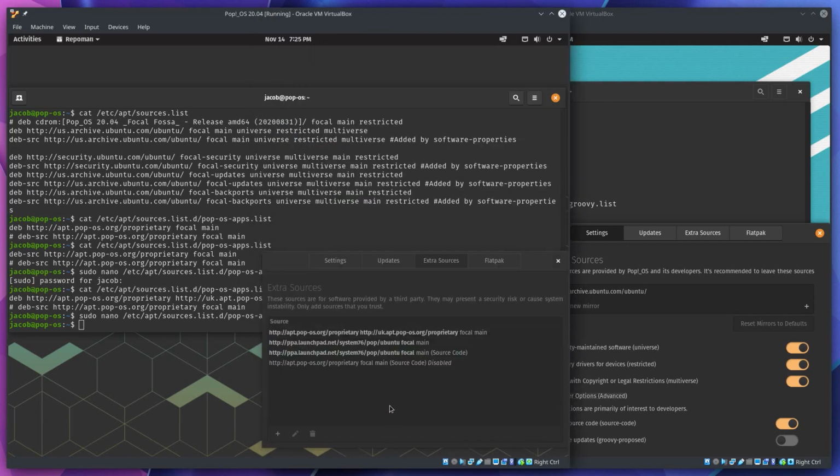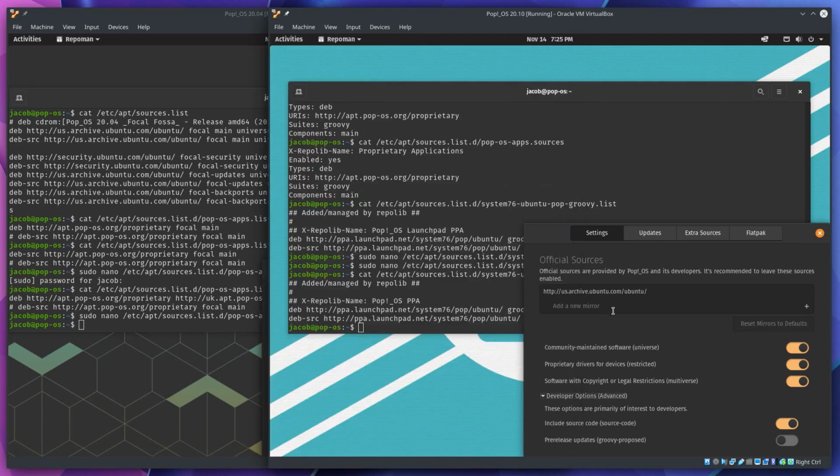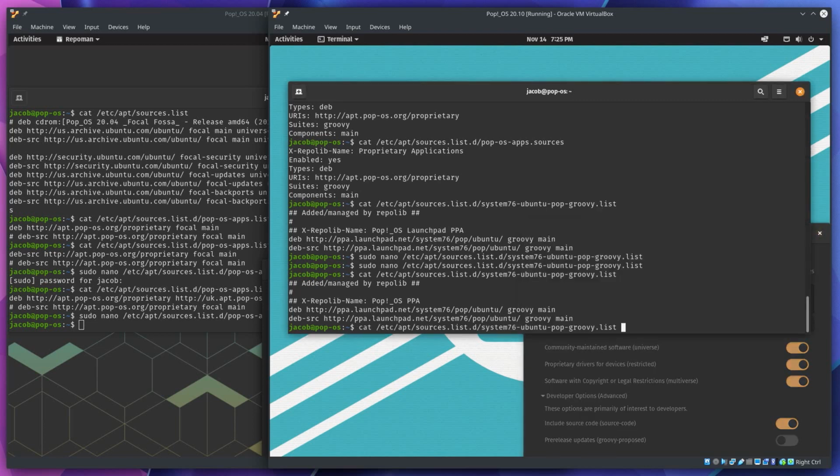with RepoMan that was not even in 20.04 at all, and that is the ability to add new mirrors. And this was something that users requested because people are living in different countries and they want mirrors that are close to them, and that's valid. And so we've got this nice slick system that, if we go back to our system.sources list here,